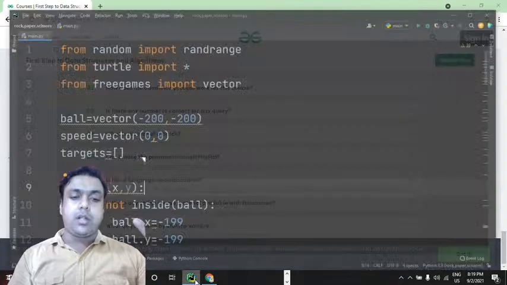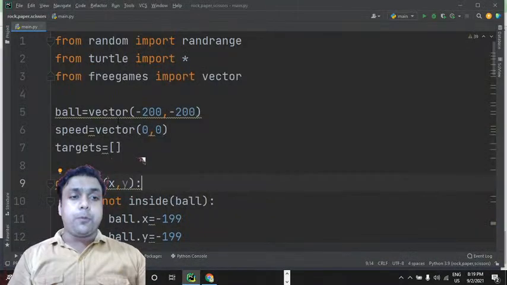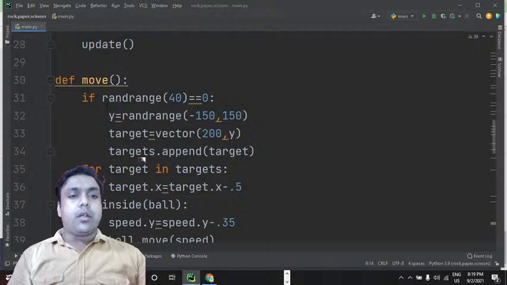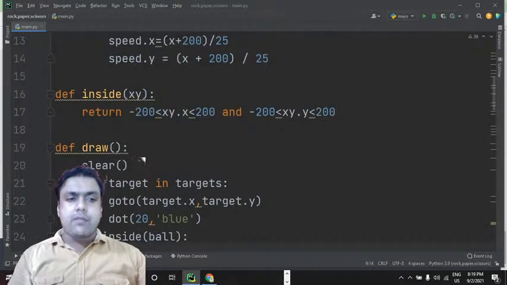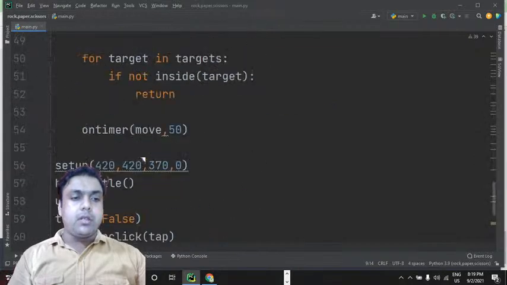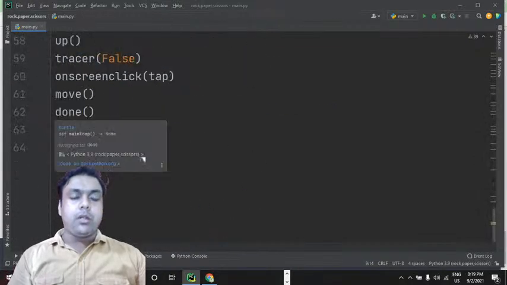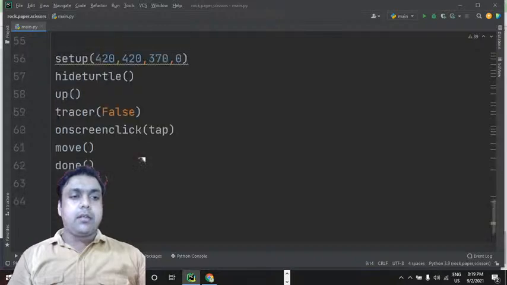Please don't forget to practice this code which we have learned today, right? And it's a very simple code. It's just 62 lines of code, right? That's what we have used for creating a beautiful